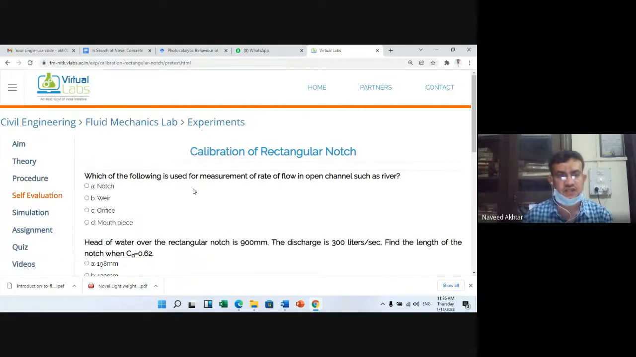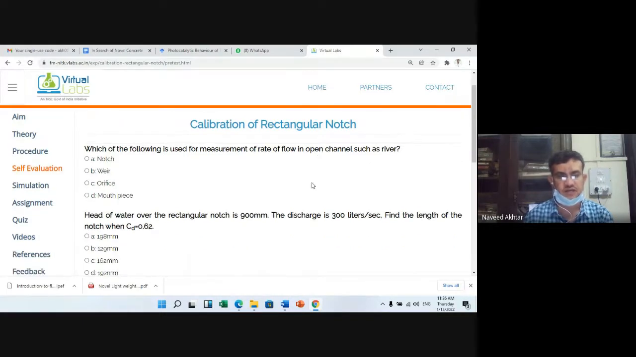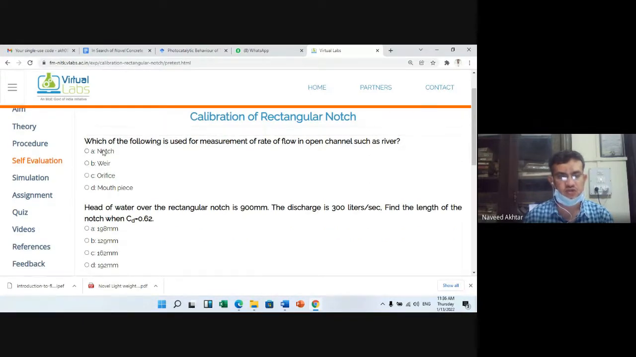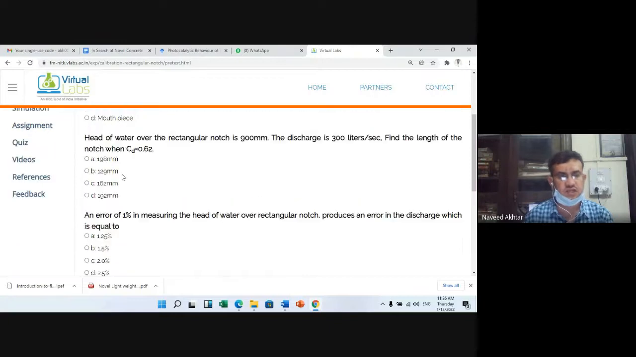Some questions we are asked: which of the following is used for measurement of rate of flow in open channels such as river? रिवर में रेट ऑफ फ्लो मालूम करने के लिए हम लोग क्या यूज करते हैं नॉट यूज करते हैं कि नहीं और ईयर यूज करते हैं यस और इट इज नो नॉट इज नो